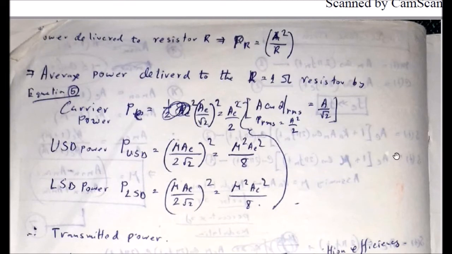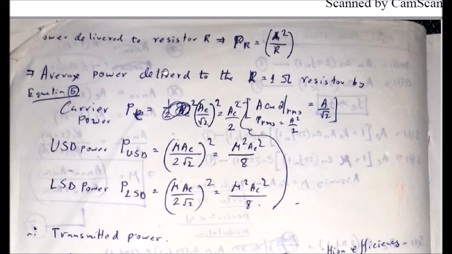Now after doing the single-tone modulation, you are at the position to find out the power of each term. That means the three terms are there in the amplitude modulated waveform: one is the carrier term, second is the lower sideband term, and third is the upper sideband term. If you want to find out the power of each of those terms, you can now find out the total transmitted power in order to transmit the amplitude modulated waveform.